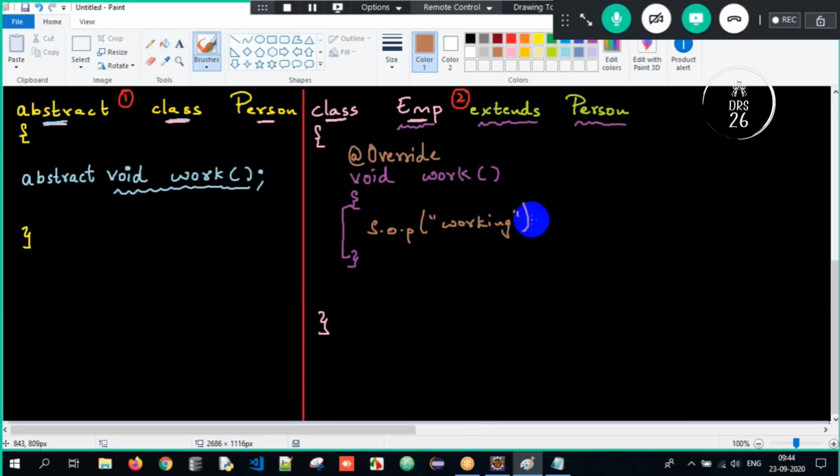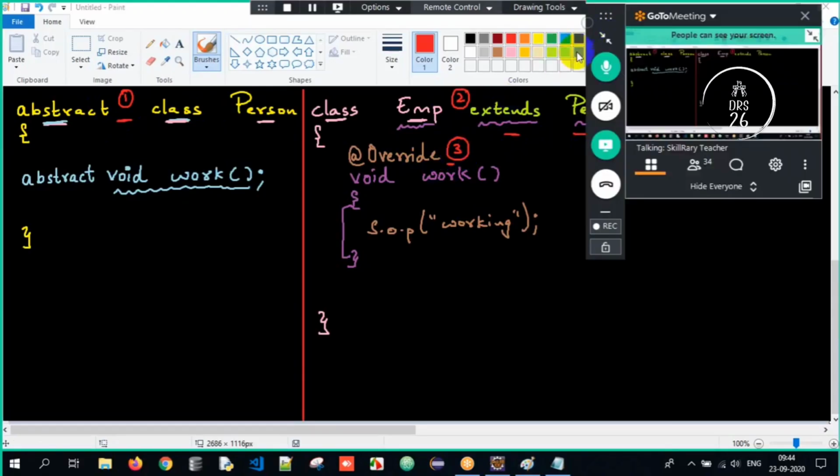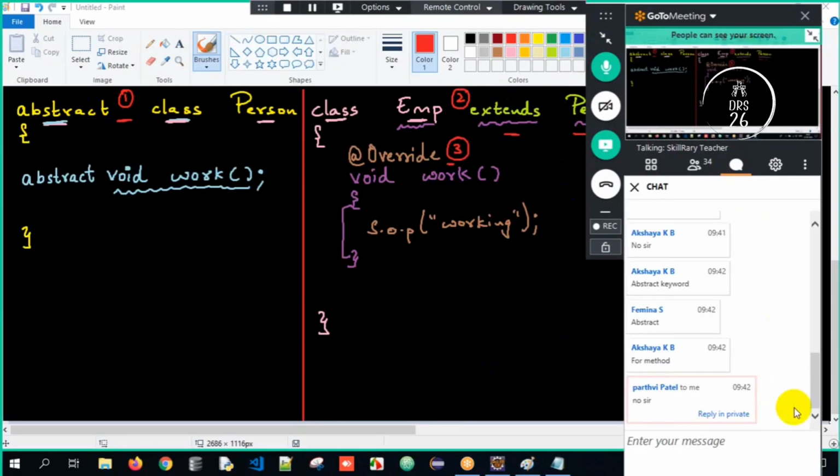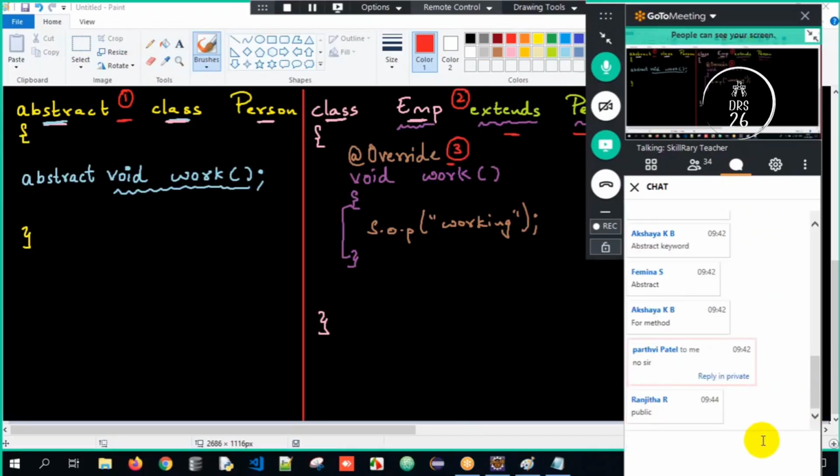So now tell me, rule number three done. What is it? Rule number one, abstract class or interface. Rule number two, IS-A relationship. Rule number three, overriding. We're done. Now quickly tell me, is it a valid class? Is it a syntactically valid program? Think and tell me. Yesterday I told you some problem with respect to access specifiers. So keep that in mind and tell me, is it a valid program?